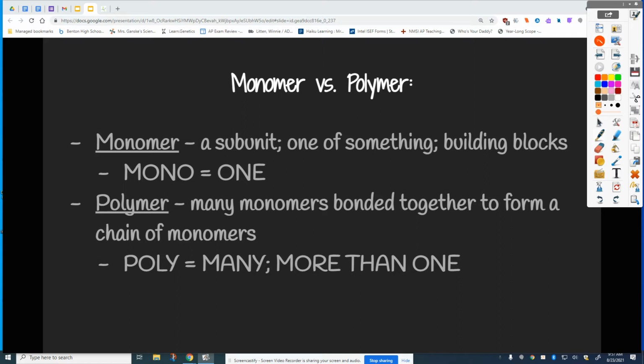Monomers and polymers. Mono means one. So a monomer is one single subunit, one building block that is used to make something bigger. If you've ever played with Legos, I loved Legos growing up. I loved it when my kids loved Legos because I got to play with them. Each little individual brick is a monomer. But individually, they're not much. But if you put a bunch of them together,